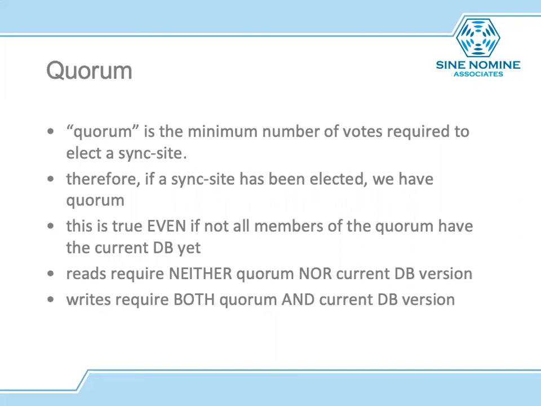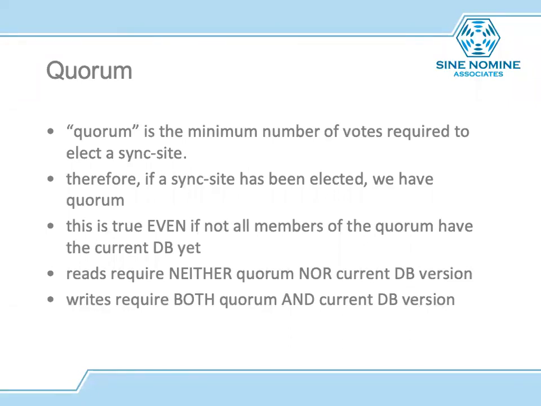And what we're really guaranteeing there is kind of subtle. The fact that you have to have a majority of machines within the collection voting for one sync site guarantees that at the next election cycle, if a different sync site is elected, at least one server that was in the previous quorum is also in this quorum. A very important implicit design decision that was made to make recovery from a synchronization event easier. We know that somebody participated in the previous quorum, and so we know that we have a good copy of the database from the previous quorum.